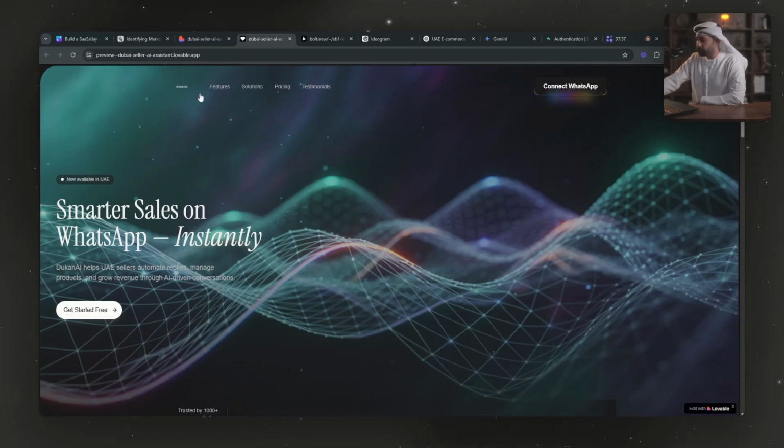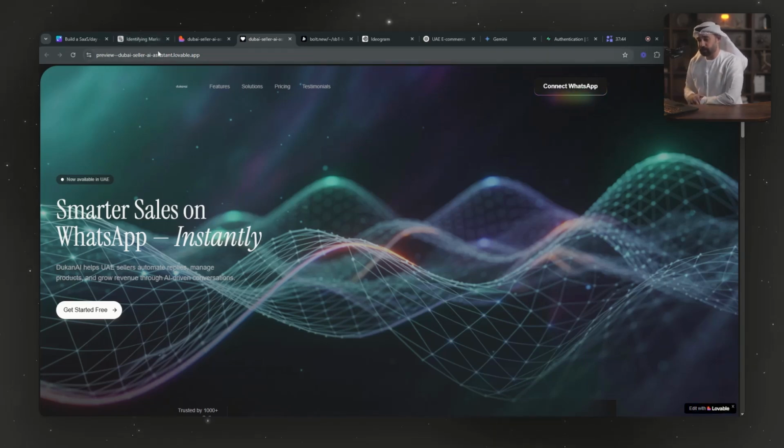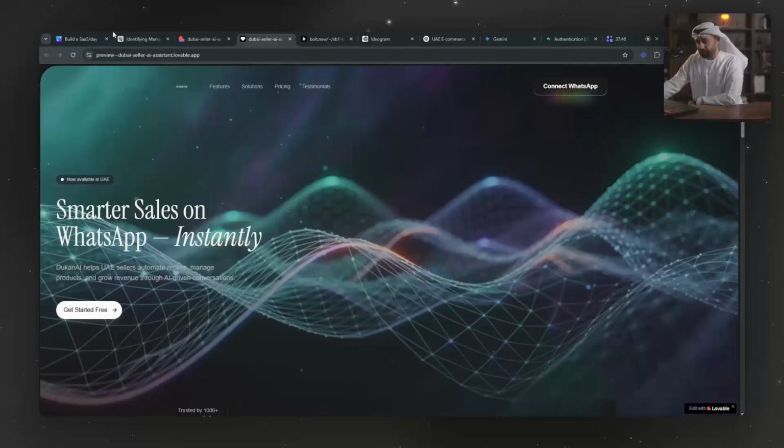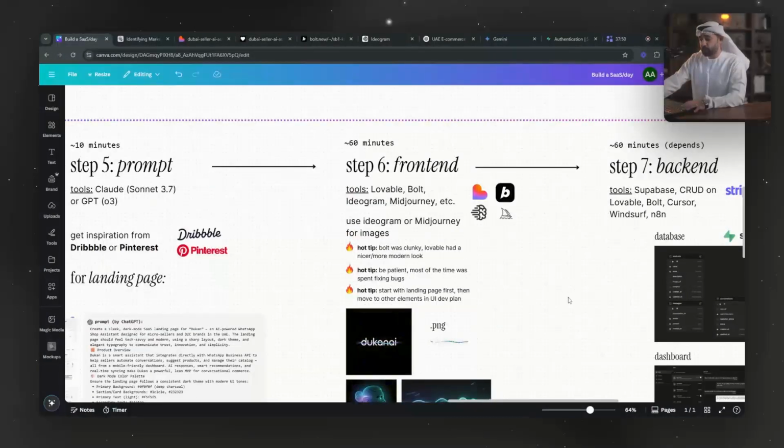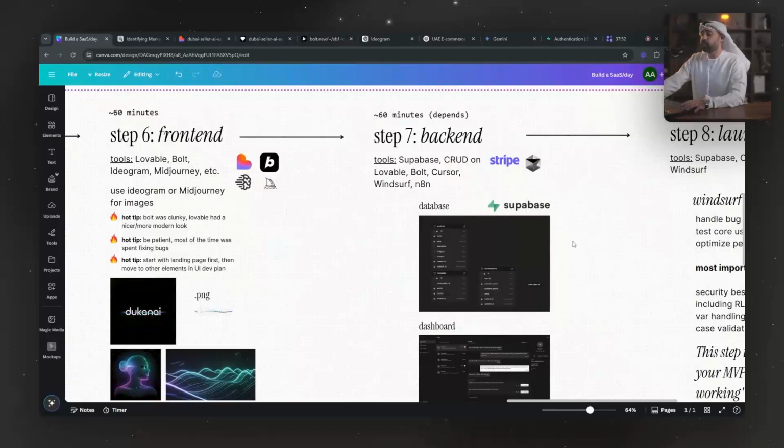But I don't like the logo as well, it's small. But I'm going to show you the rest of the features and how we connected the backend and how the dashboard looks and how people log in and so on. So overall, I love the feel over here. 80% is there. Essentially, once the front end was done, then only I moved to the backend.